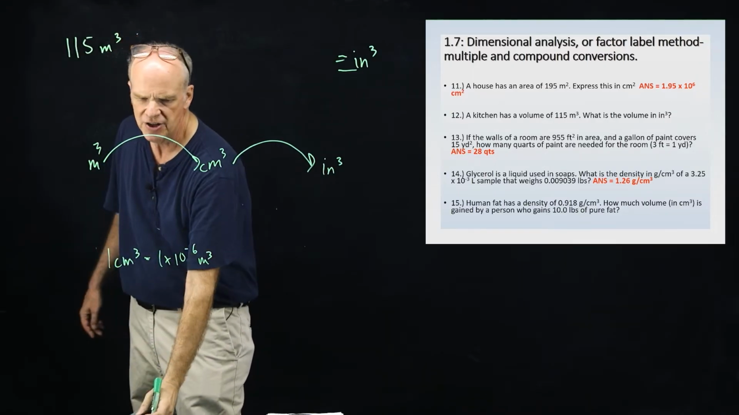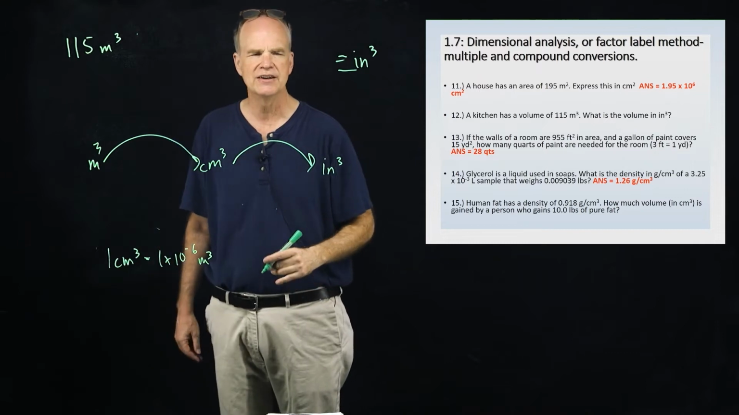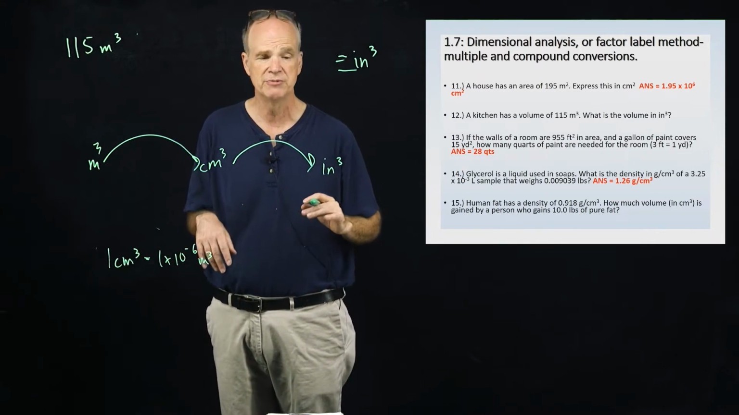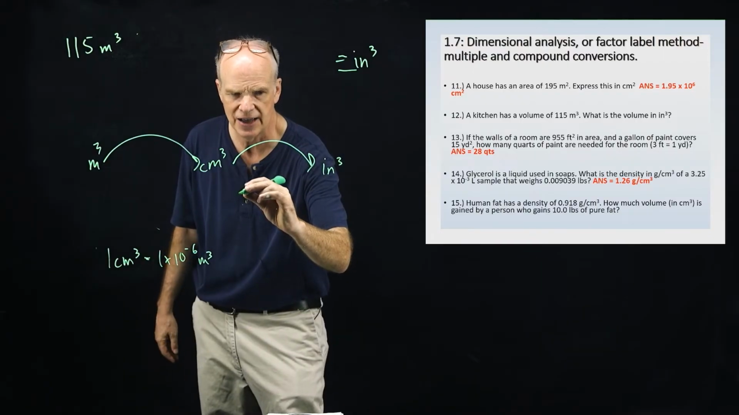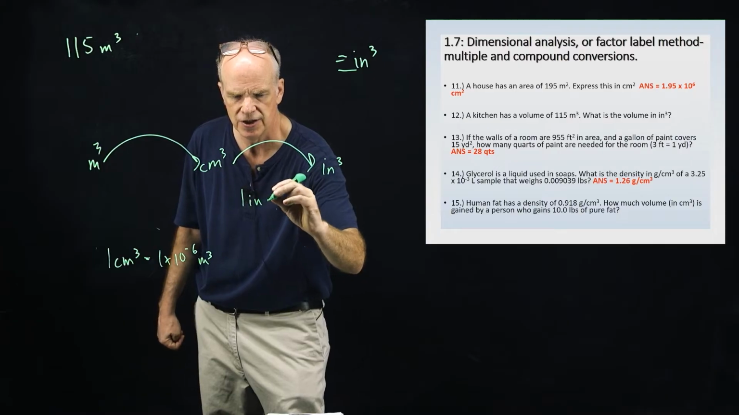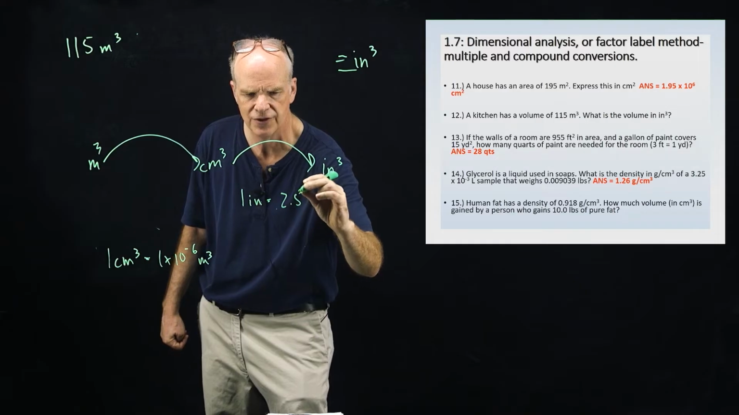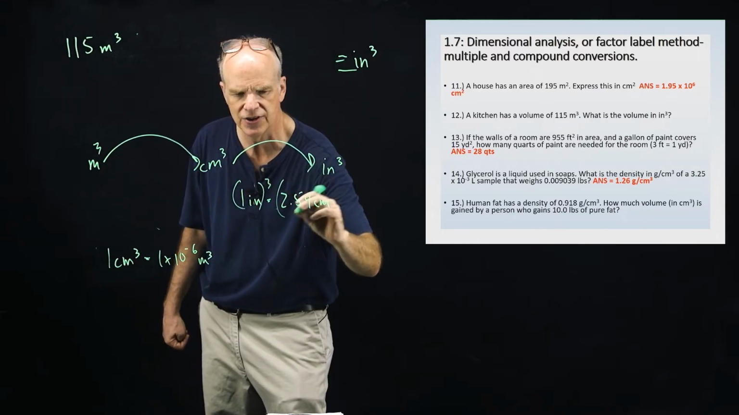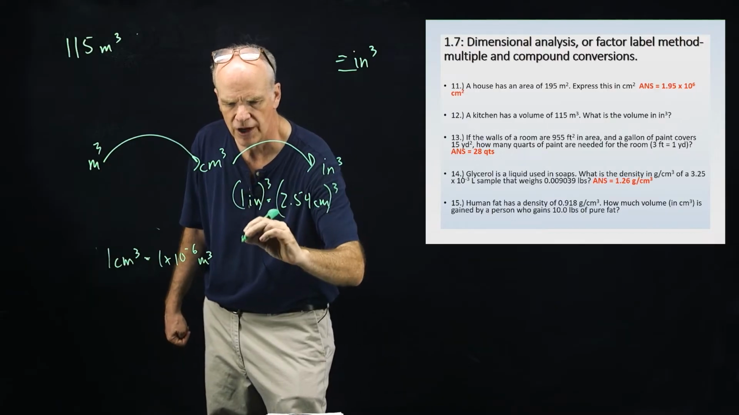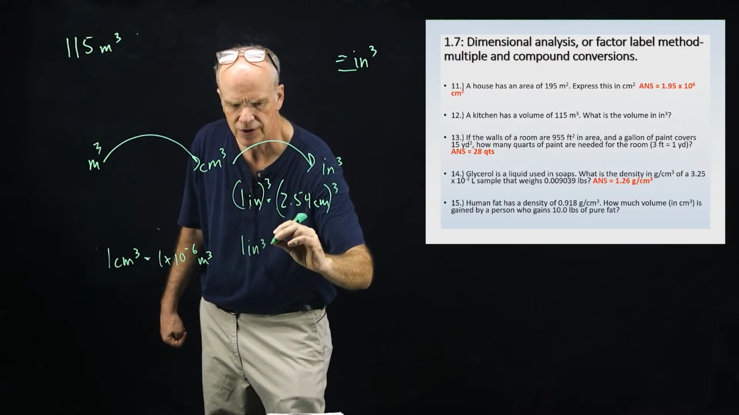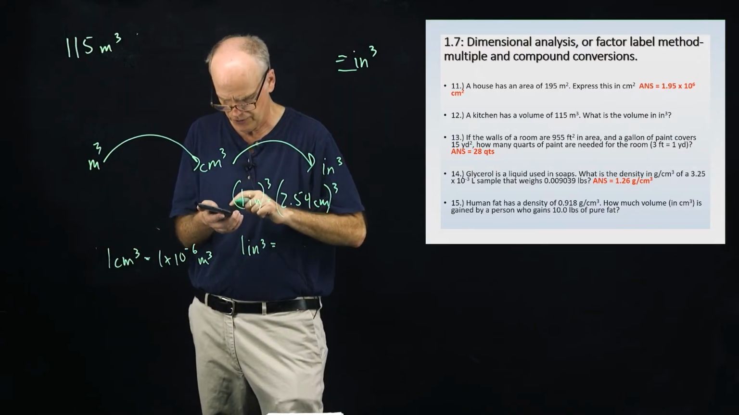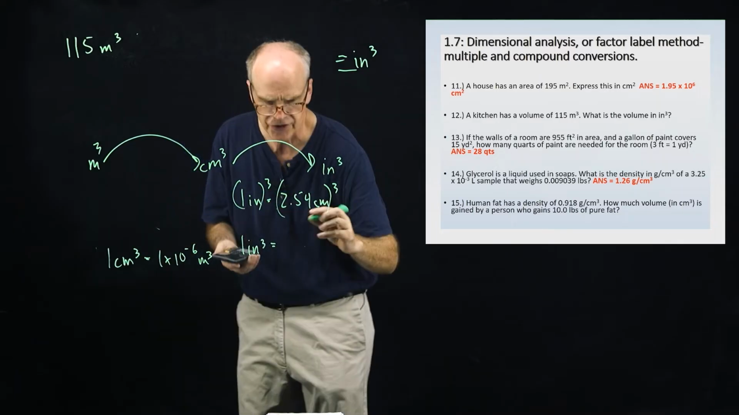Okay, now centimeters cubed to inches cubed. So again, I don't immediately know a conversion to do that, but I do know the conversion between centimeters and inches. I recall that 1 inch is equal to 2.54 centimeters. And so I'm just going to cube both sides like this. So 1 inch cubed, I'm going to have to use my calculator to get 2.54 cubed, and I get